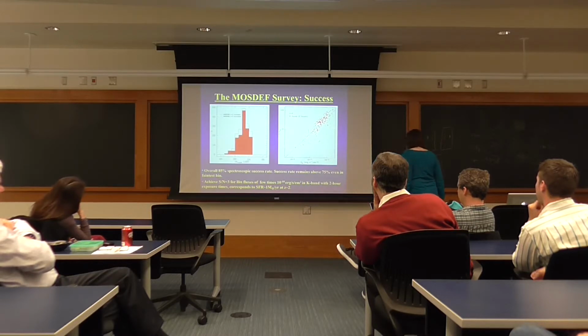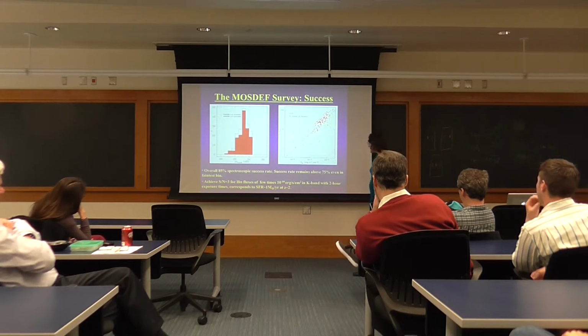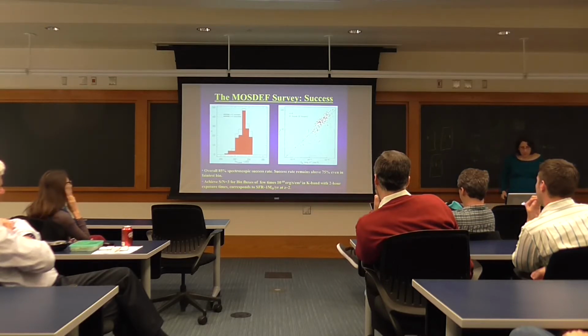And in terms of the signal to noise that we're achieving, so this is signal to noise versus H-band flux. So we're achieving signal to noise of 3 for, as I said before, a few times 10 to the minus 18 ergs per second per centimeter squared in the K-band with 2-hour exposure times, and that corresponds to star formation rates of about 1 solar mass per year at redshift 2. Okay. So we're pretty pleased with these sample statistics so far, especially with the success rate,